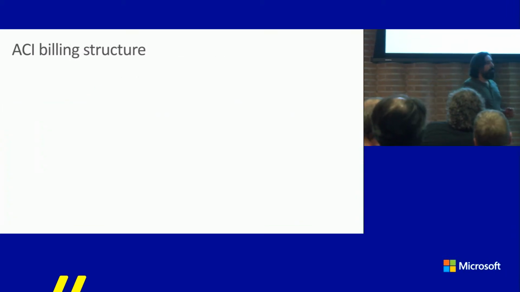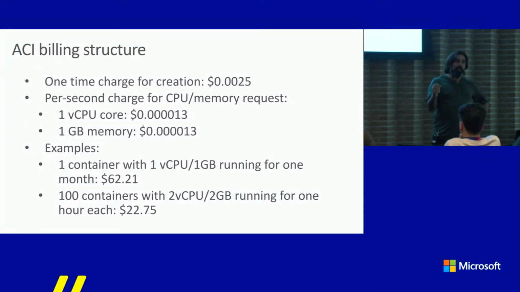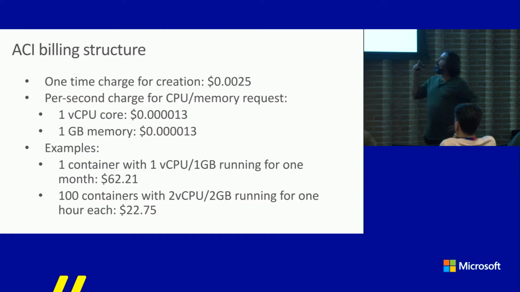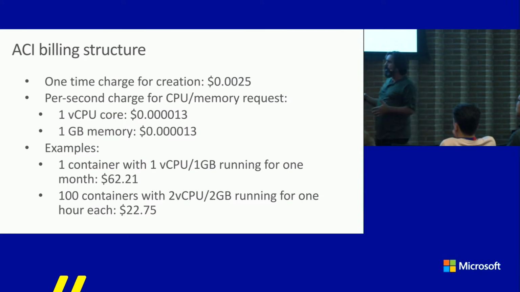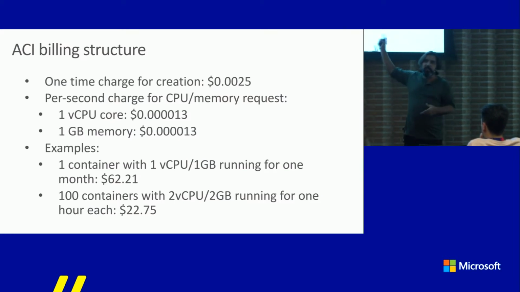So a note about billing. This thing is not free, of course. There's a small charge when you start a container, a few cents, and then we bill per second per unit of computing, right? So I think the limit now is 4 vCPU and 8 GB of RAM. We might increase it, I'm not sure, but we charge pennies per second of execution, right?